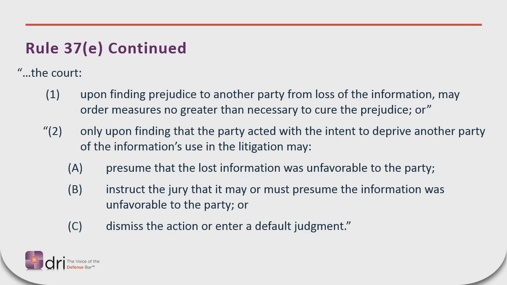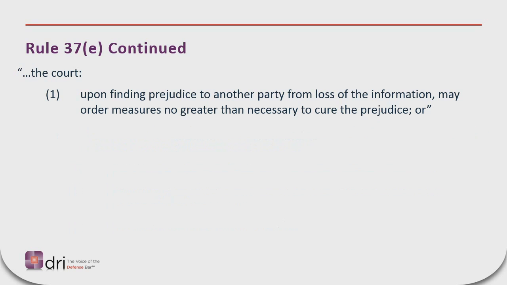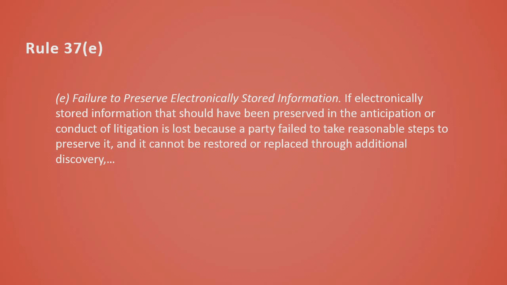And if you go back to the very beginning of the rule, the very first thing we want to do is, what's the carrot that we want to reward? We want to reward someone with a carrot. So what's fundamentally what we want to reward? Reasonable behavior. Reasonableness, by definition, includes proportionality. So at the very beginning, you have to have a failure to preserve electronically stored information that should have been preserved. Now, the common law trigger, when you reasonably anticipate litigation, is a very simple, easy, uniform rule that everyone can understand. Its application can be difficult in cases individually, but the rule is a crystal clear rule that anyone can understand. So we did not change